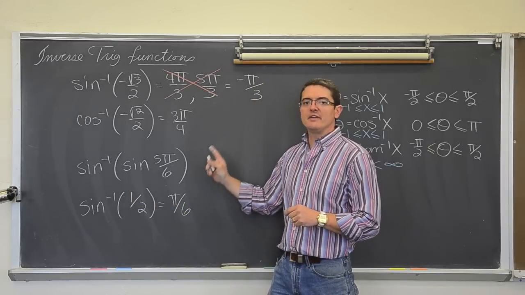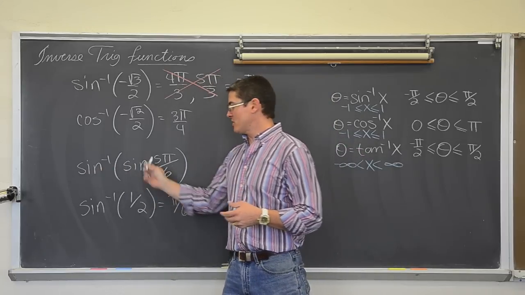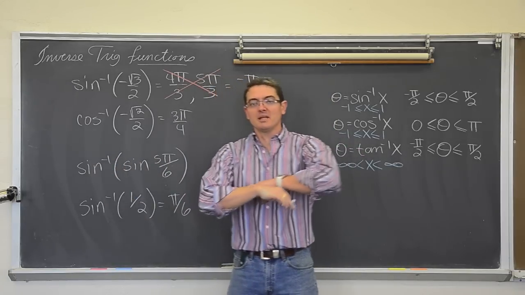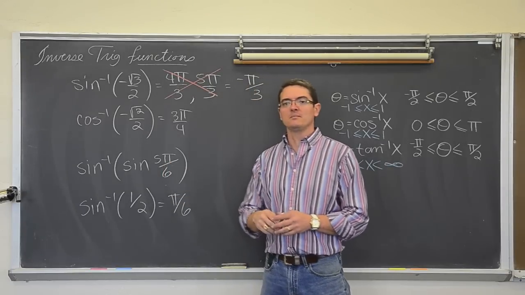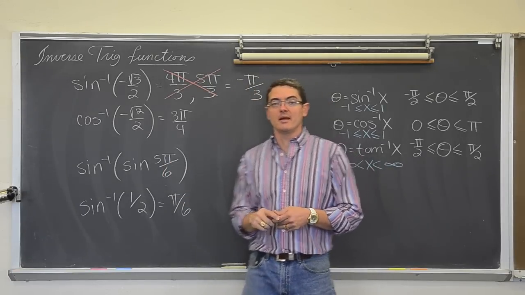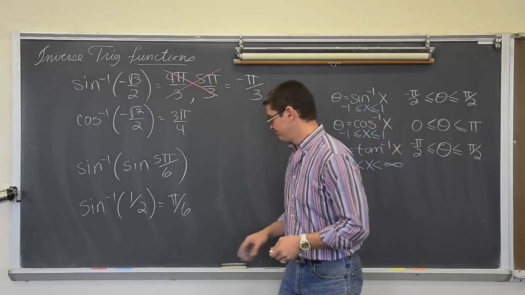Your textbook will have inverse properties as well, and it'll explain, you might want to memorize them, to show you when these inverse trig functions simply cancel out. But when you're given answers or angles that are on the unit circle, I like to just think my way through the problem instead, using these restrictions to figure it out.